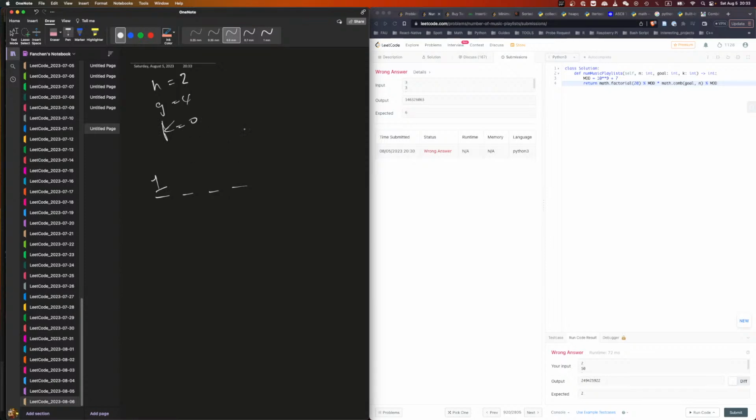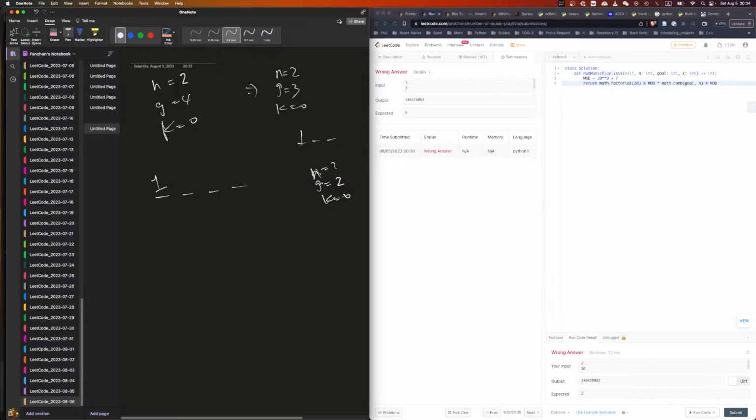If k equal to 0, that means this problem is transformed into n equal to 2, g equal to 3, k equal to 0, because I can do whatever I want, right? If n equal to 2, g equals maybe 3, then I can do 1 here. Then we transform this problem into n equal to 2, g equal to 2, k equal to 0. And we know when n and g are equal, and k is equal to 0, actually it doesn't really matter. As long as n and g are equal,